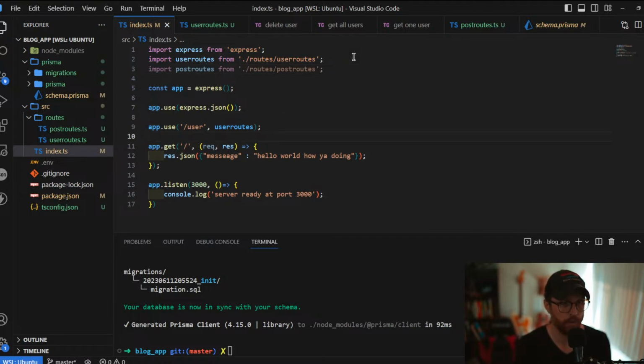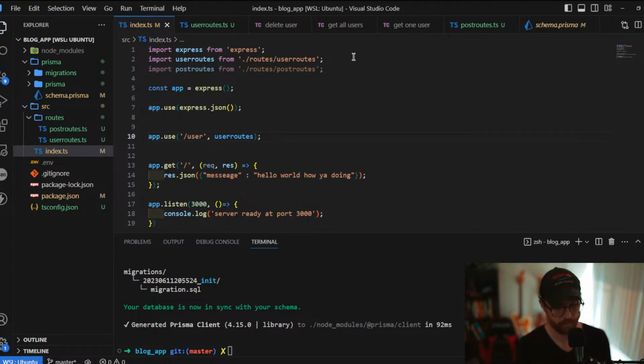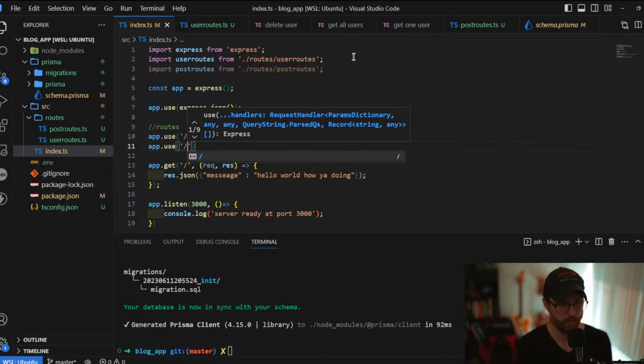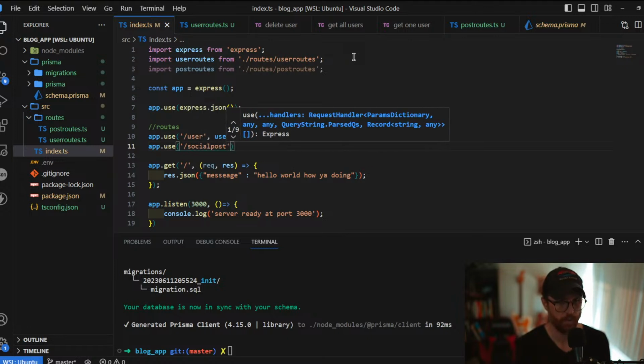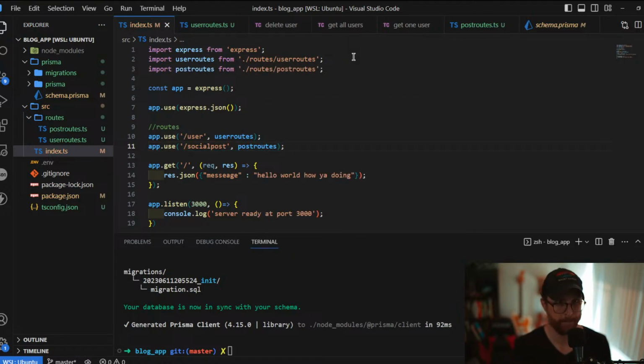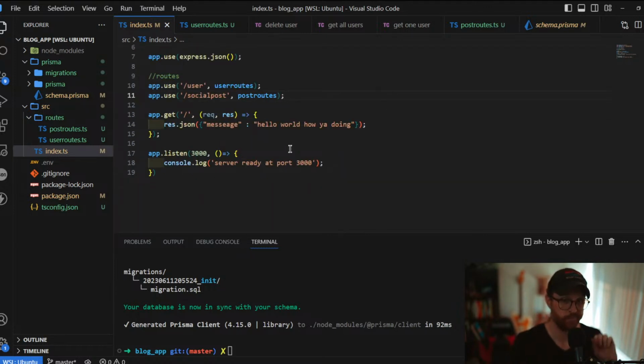So just say routes, app.use slash social posts and post routes. Yeah. Just like we did for user routes. And we can actually get rid of